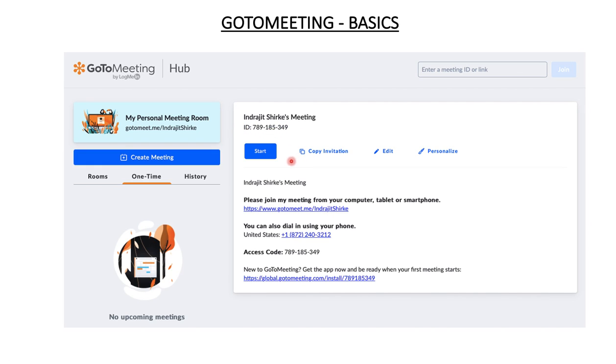So once I press the button start, I would be able to start my particular meeting. So normally my personal meeting room is your own room where you need not change any of the settings. So you just create it and you can send the particular invite to your attendees. So your meeting ID remains constant and you need not keep on changing it again and again.